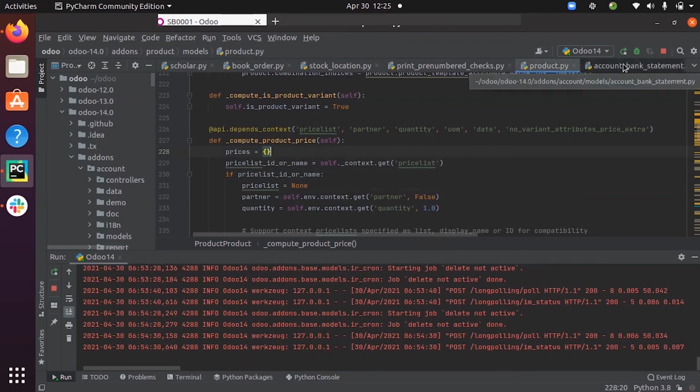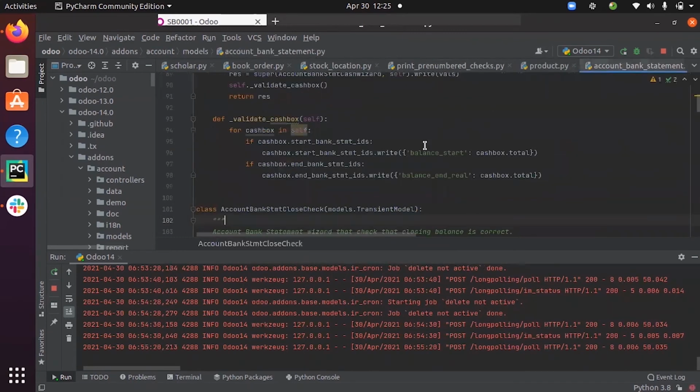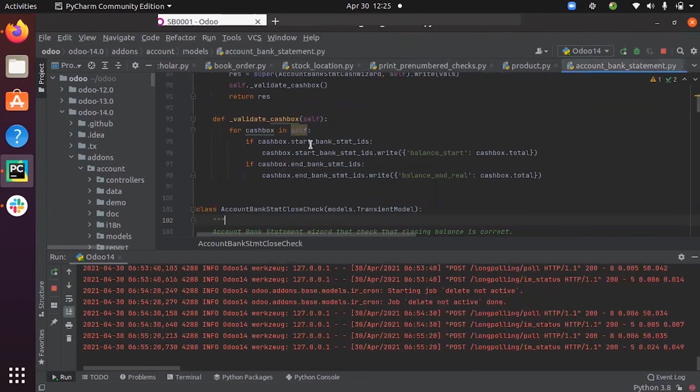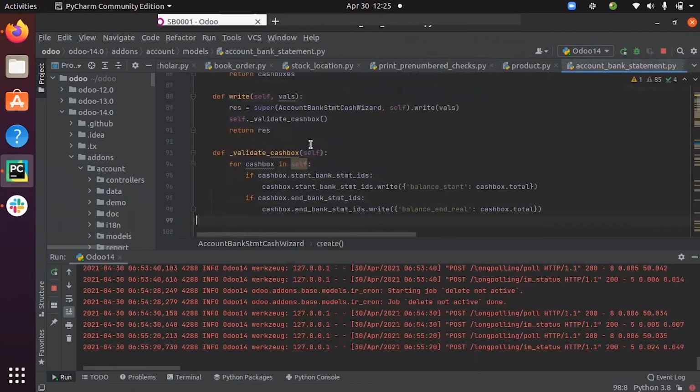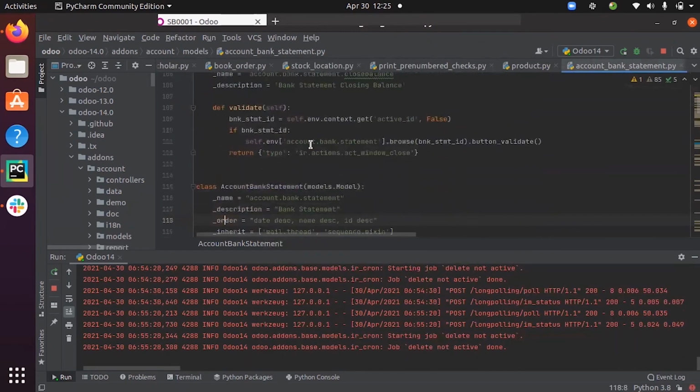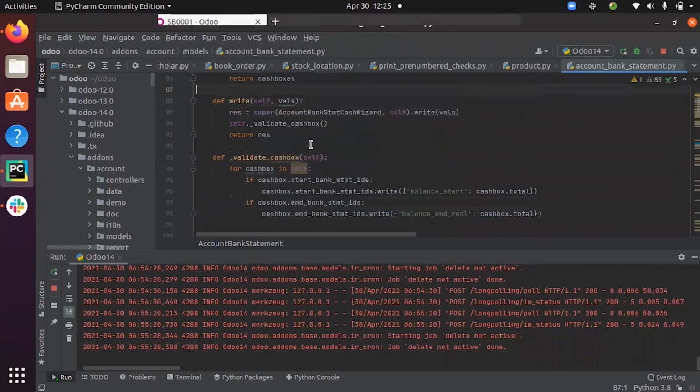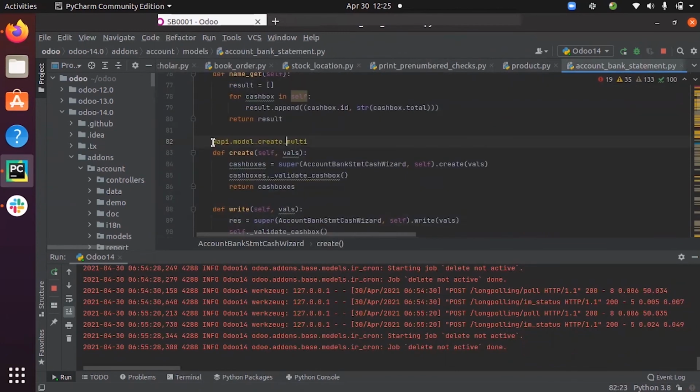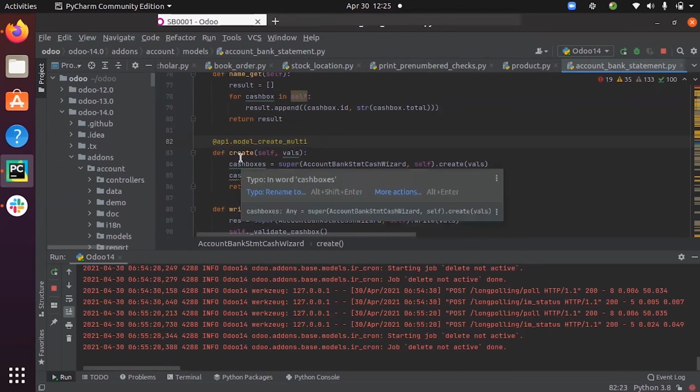Then we have the decorator @api.model_create_multi. Here you can see the decorator under which a create function is defined. This function takes a list of dictionaries and creates multiple records. The method can be called with a single dictionary or a list of dictionaries.